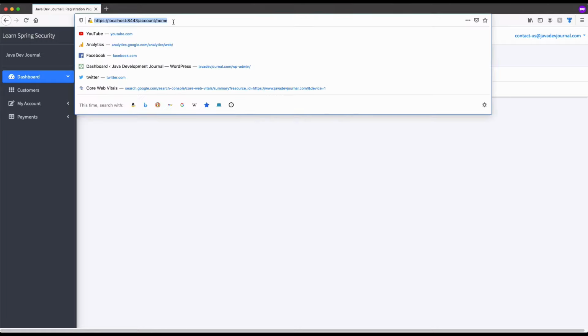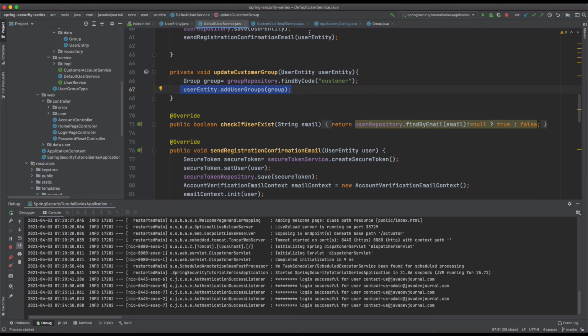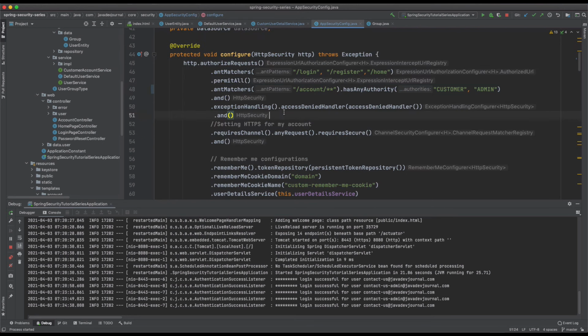The second thing, which is more handy: let's say I go to this URL and I'm already logged in. How do you handle it? The way I handle it is through our security configuration, where I already say that for any URL matching this given pattern, only these authorities have access to go and take a look into all those details, right?